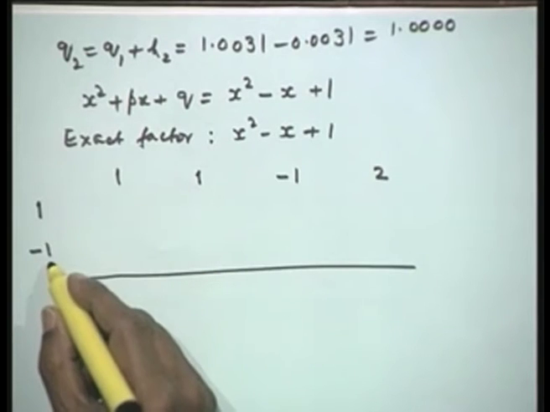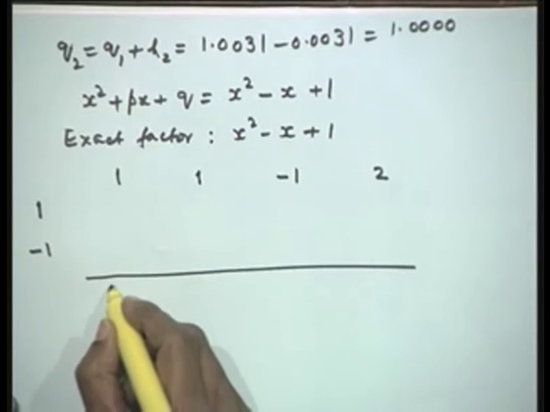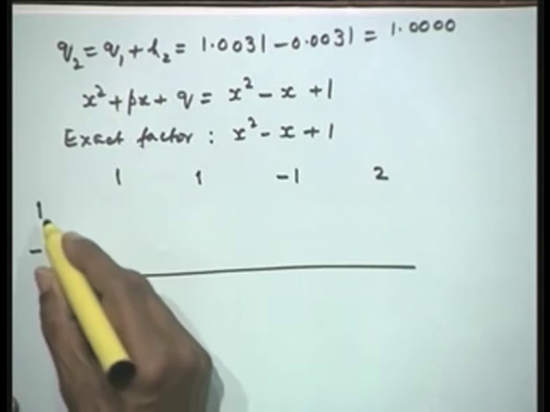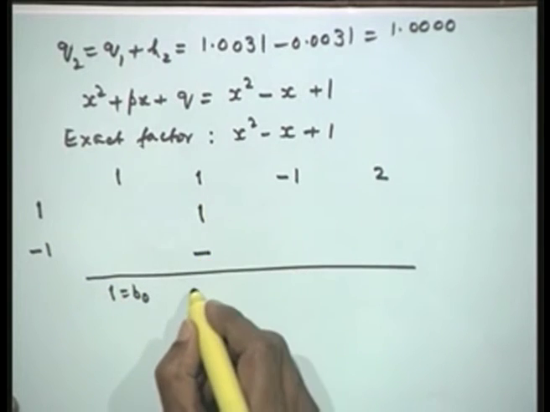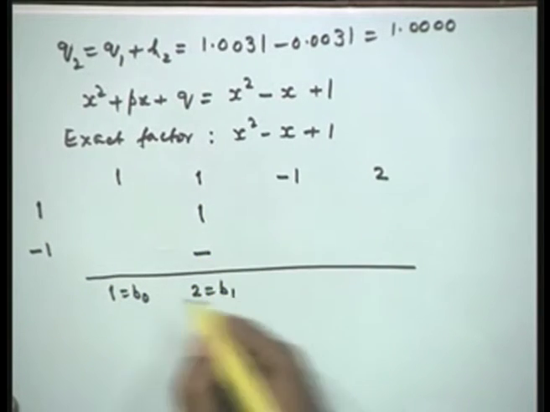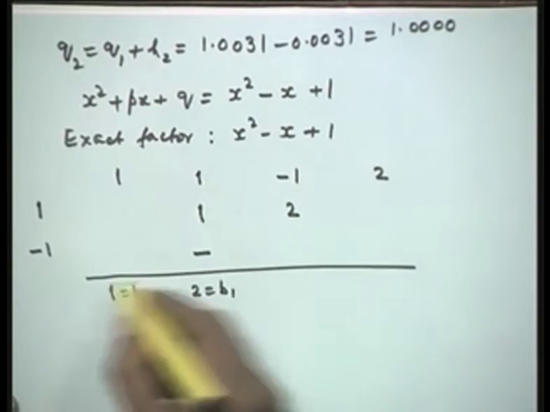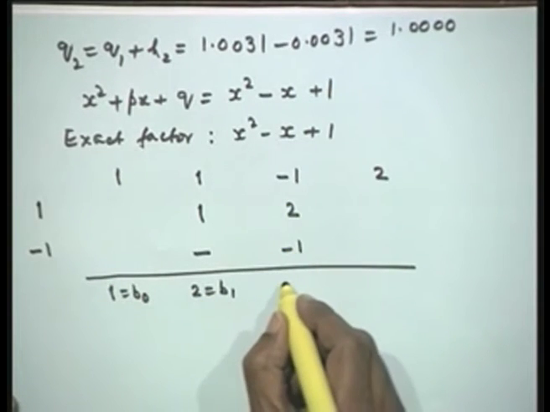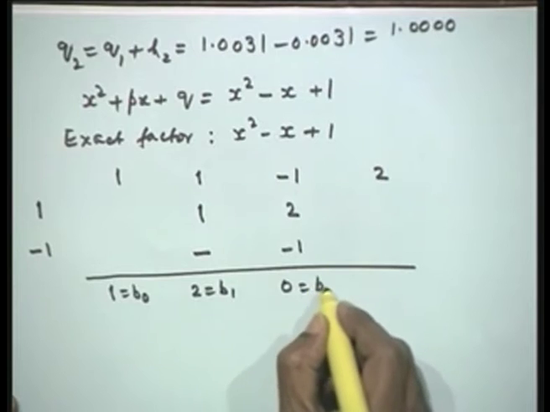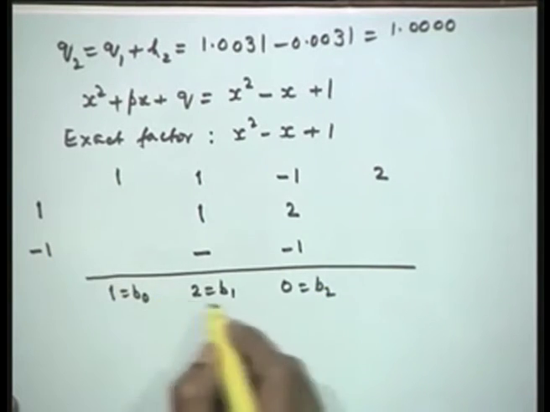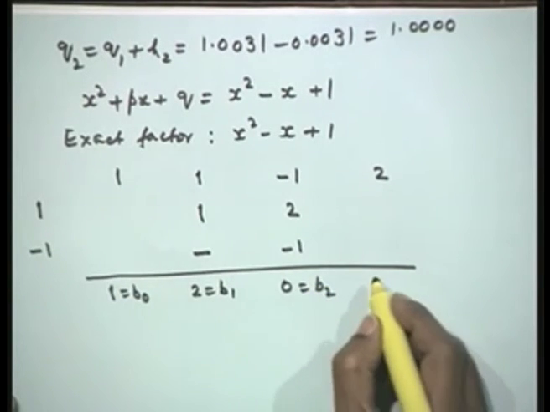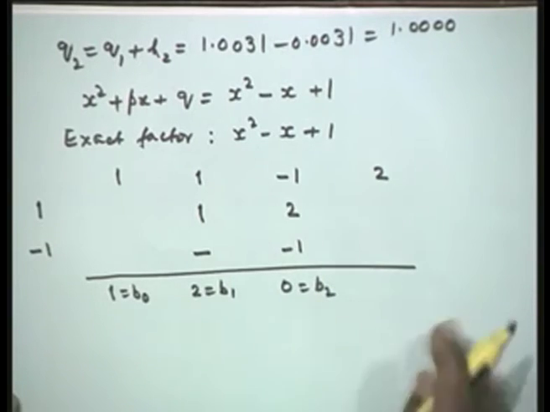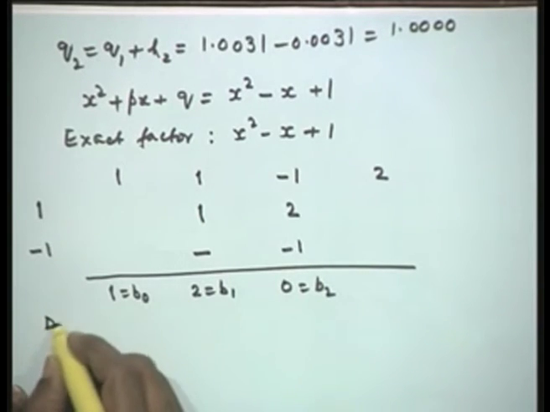So I have this is b naught, 1 into 1, 2, that is equal to b1, 1 into 2, that is 2, minus 1, that is equal to 0, that is equal to b2. We do not need the last part because the deflated polynomial will be